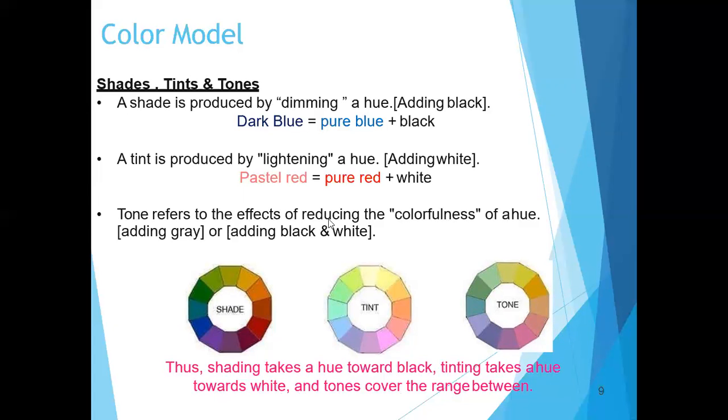So it is basically used to reduce the effect of colorfulness. It is neither too dark nor too white, right? Somewhere in between. Say, for example, you are adding both black and white. If you mix black and white, what is the resultant color we get? That is gray, right? So we add gray to the given color so that we get toned versions of the color. So these are the different types of colors you can get. By shading you can get dark colors, by tinting you can get lighter colors, and by toning we can reduce the effect of colorfulness.